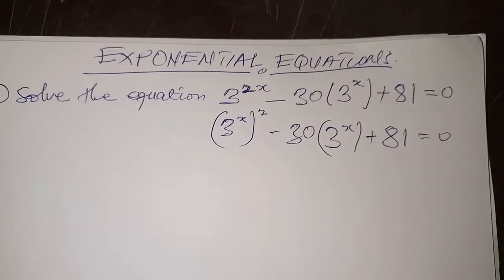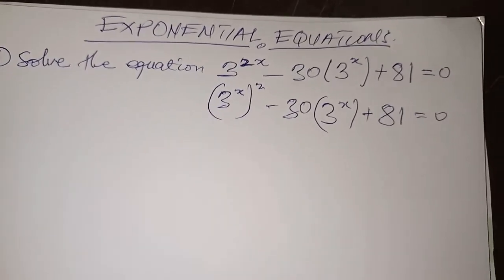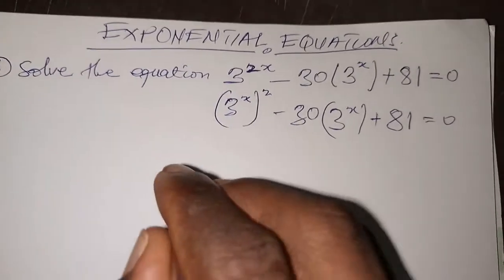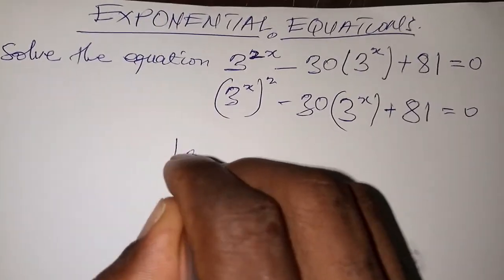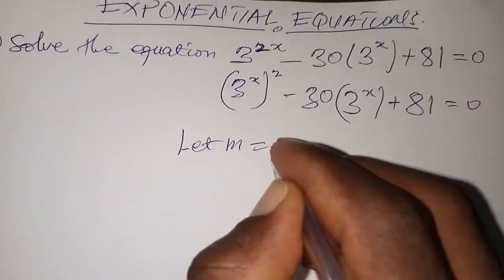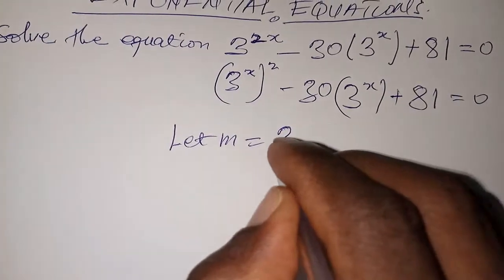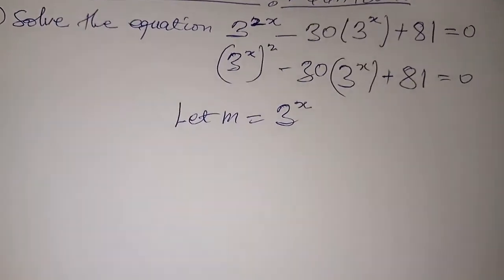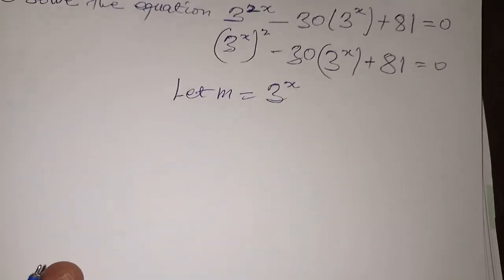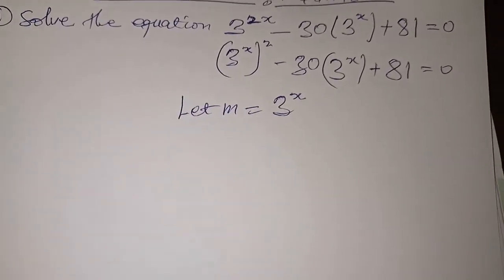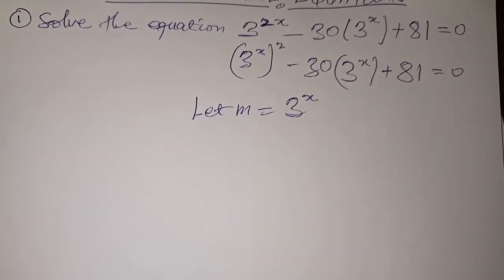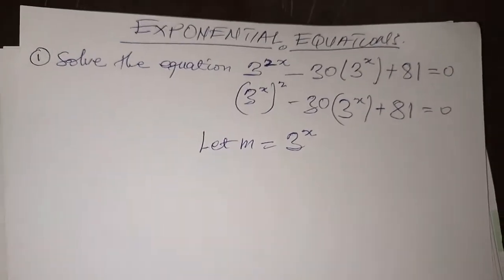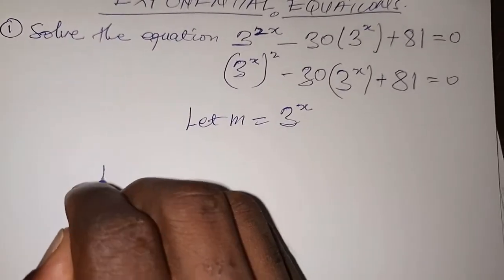Then we let another variable, let's say m. Let m be equal to 3 exponent x. This only means that wherever we see 3 exponent x, we are going to put m there. Therefore, our equation now becomes m squared